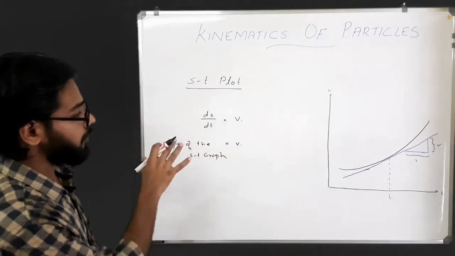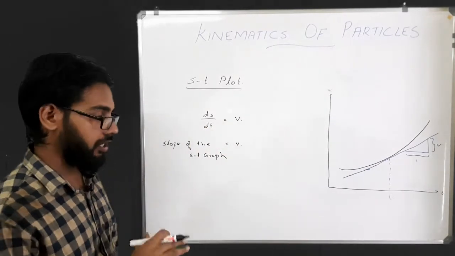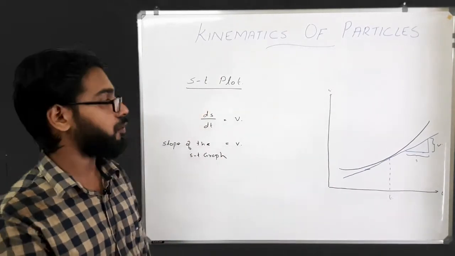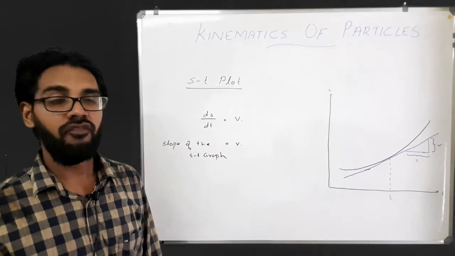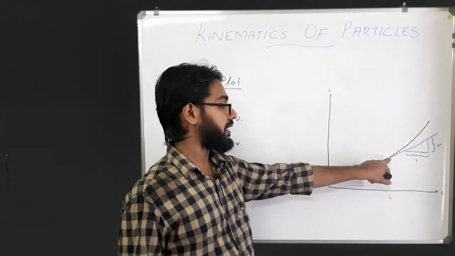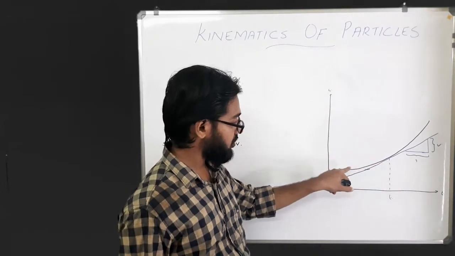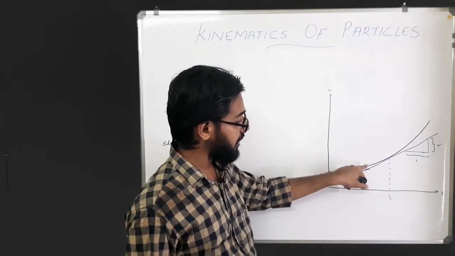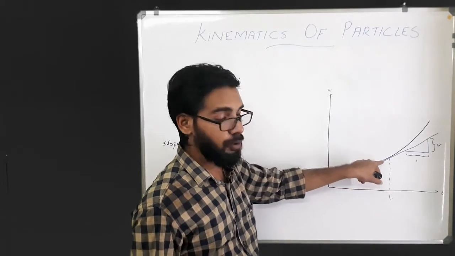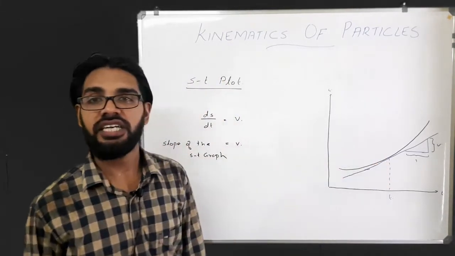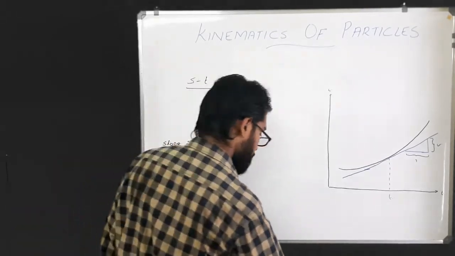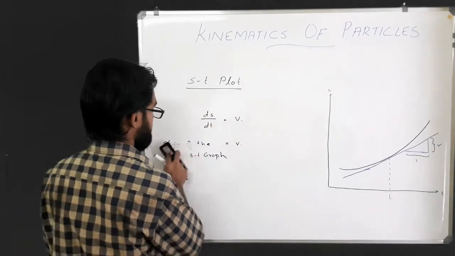Now this is an important point here. In case you have been given experimentally the corresponding position versus time graph, we can obtain the velocity at any instant of time. If you find the corresponding slope at each and every point, you will get the velocity at each and every point. Now moving on to the next graph.